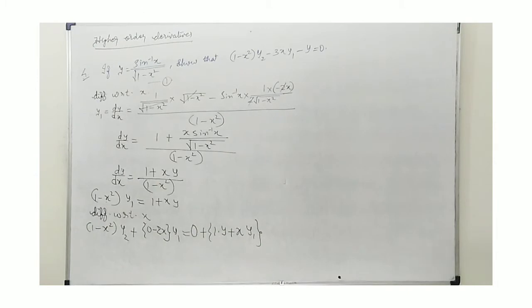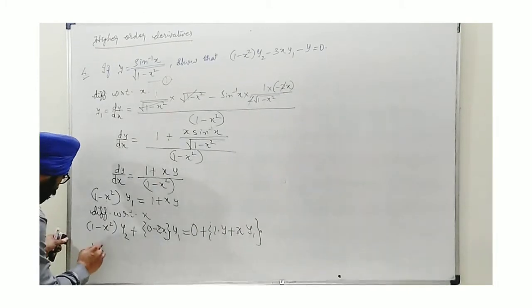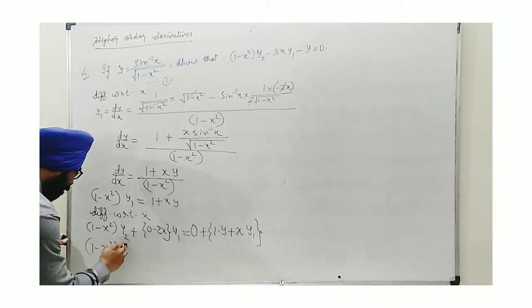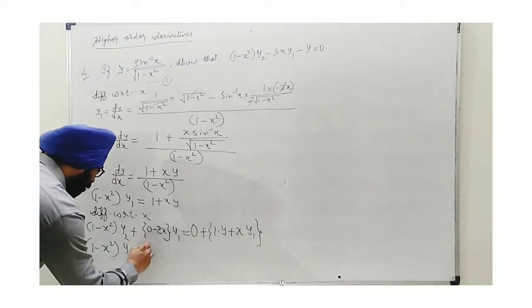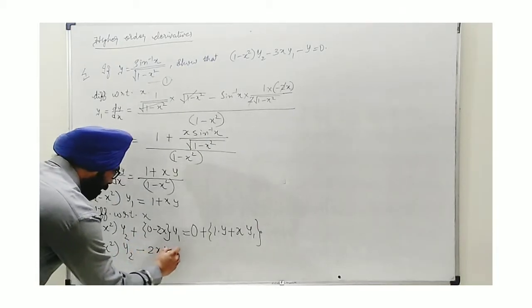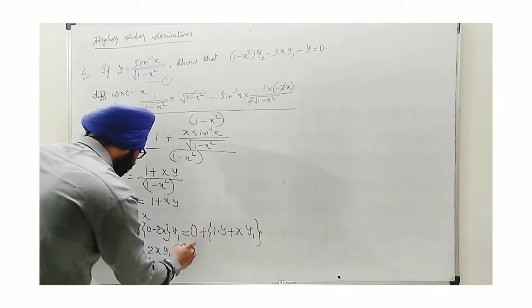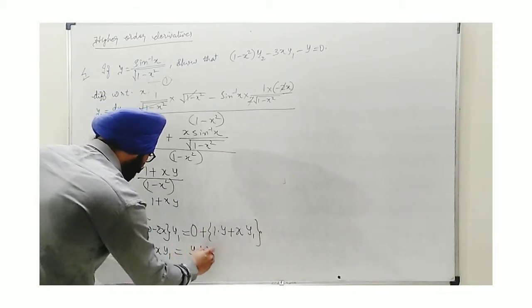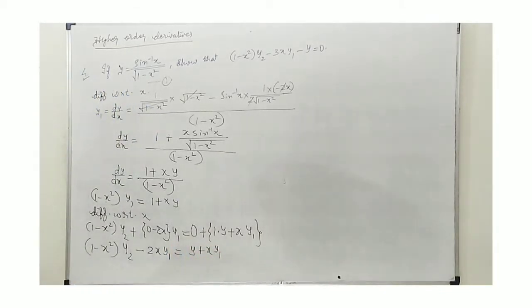Okay, now this way we can simplify to 1 minus x square, y2, this turns minus 2x, y1 equal to, from this I find y plus x, y1. Now we simplified till the last step. Now after this I see that if I compare, here we have solved this equation in such a way that